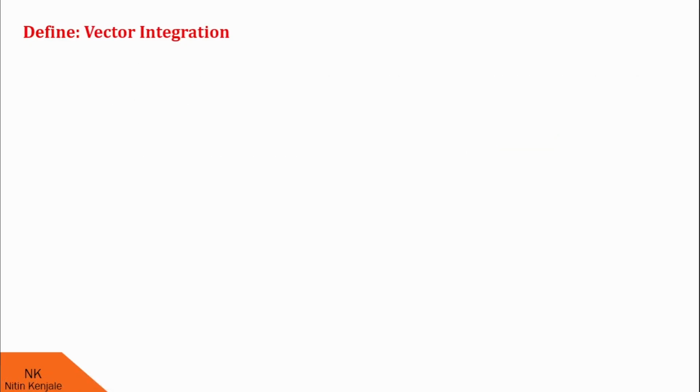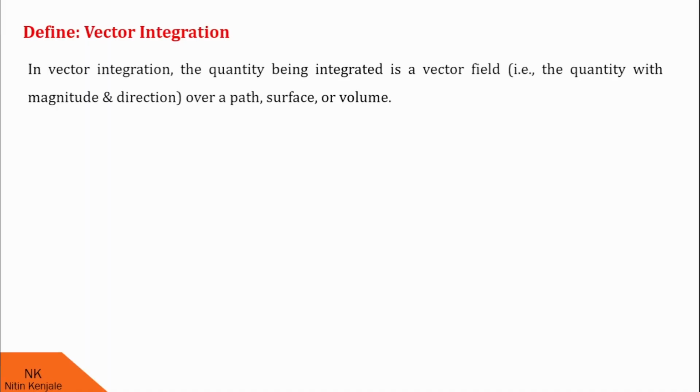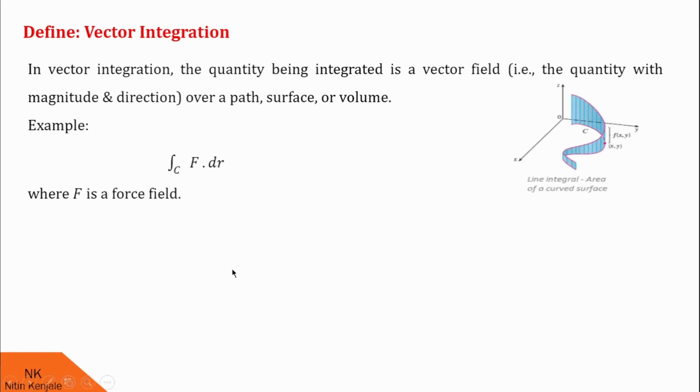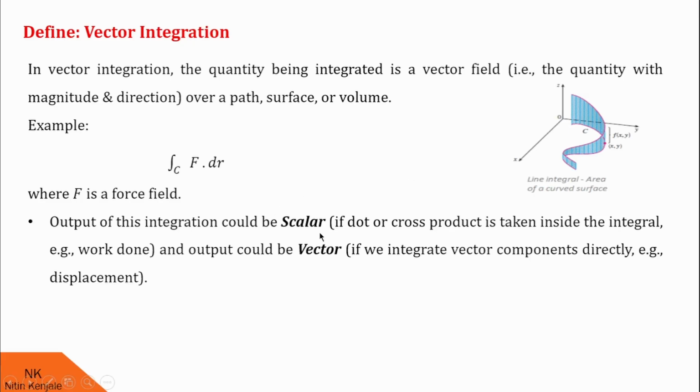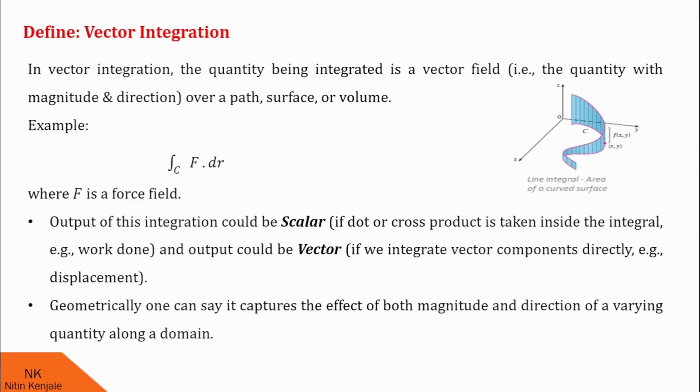Now we will see definition of vector integration. In vector integration, the quantity being integrated is a vector field, that is a quantity with magnitude and direction, over a path, surface or volume. For example, integration of F dot dr over C, where F is a force field and C is this curved surface. Output of this integration could be scalar if dot or cross product is taken inside the integral, for example, work done. And output could be vector if we integrate vector components directly, for example, displacement. Geometrically, one can say it captures the effect of both magnitude and direction of a varying quantity